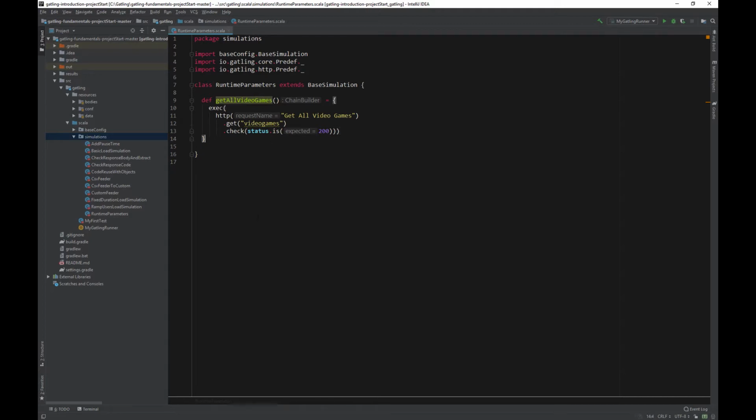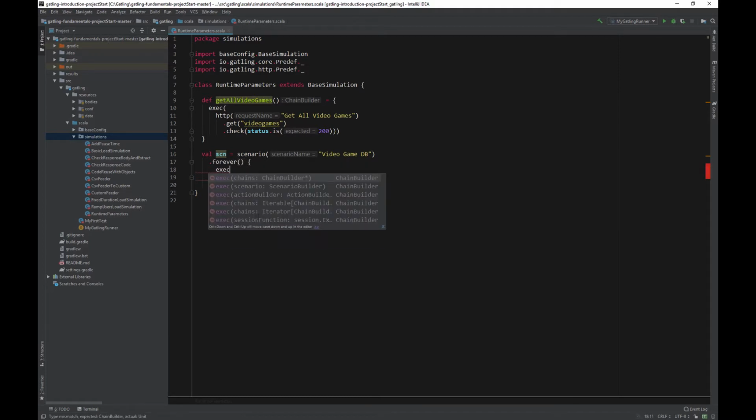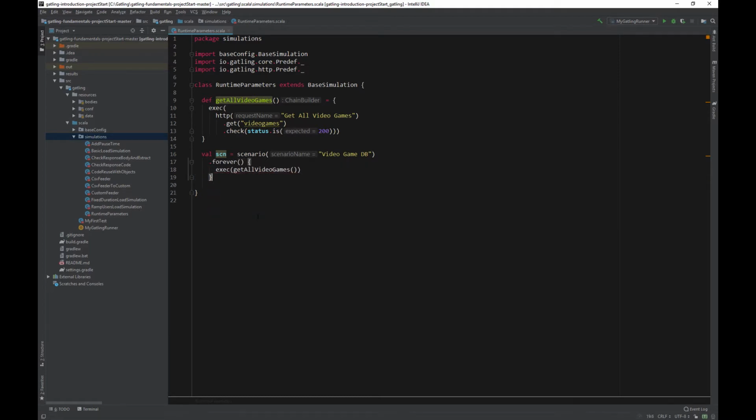Now add in the scenario. Let's make it simple at first with just a single user, but we will make it loop forever and instead put a max duration in the load profile. val scn = scenario("videogamedb").forever(exec(getAllVideoGames)). Finally, let's add our load profile. setUp